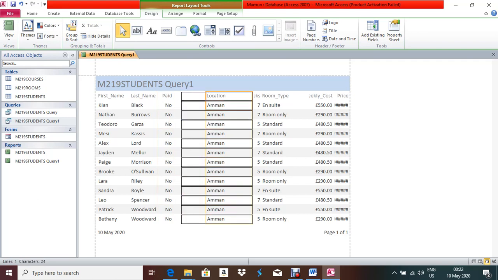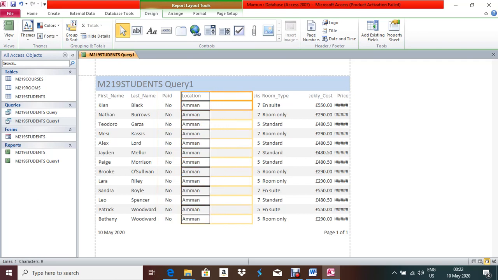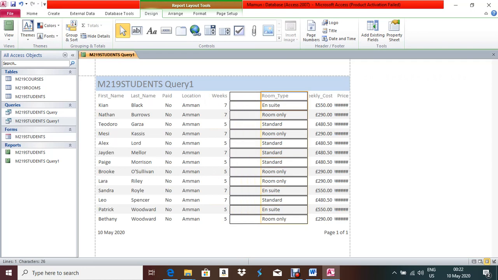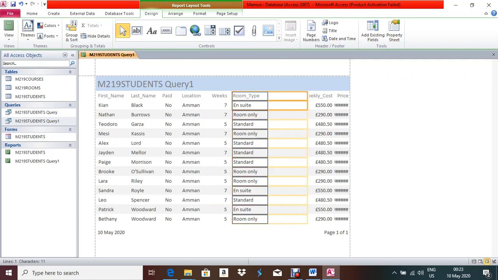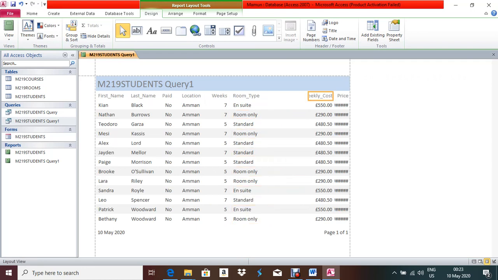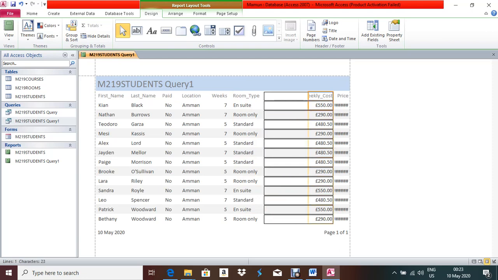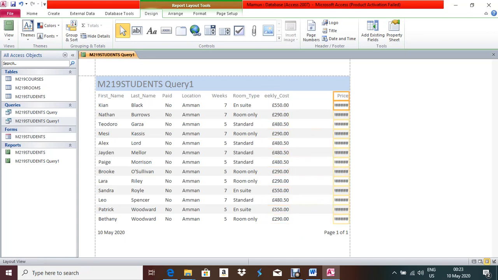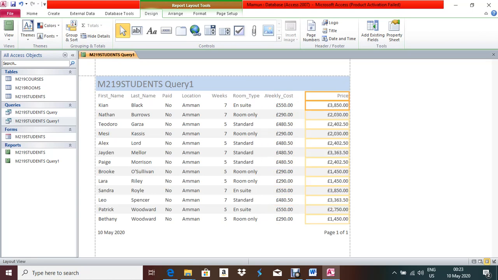Location, weeks, room type, weekly cost, and then price. Right, done.